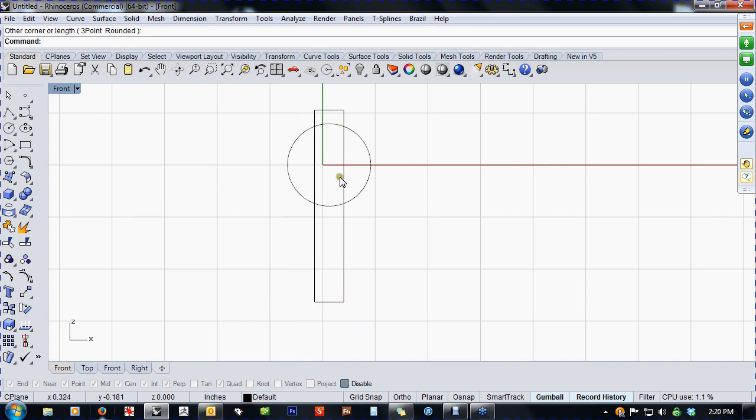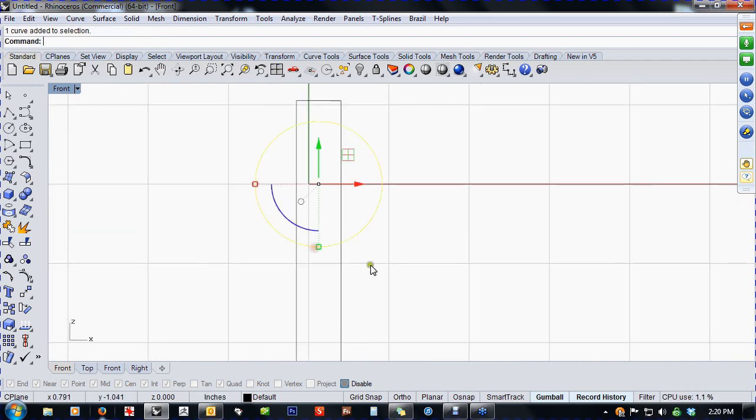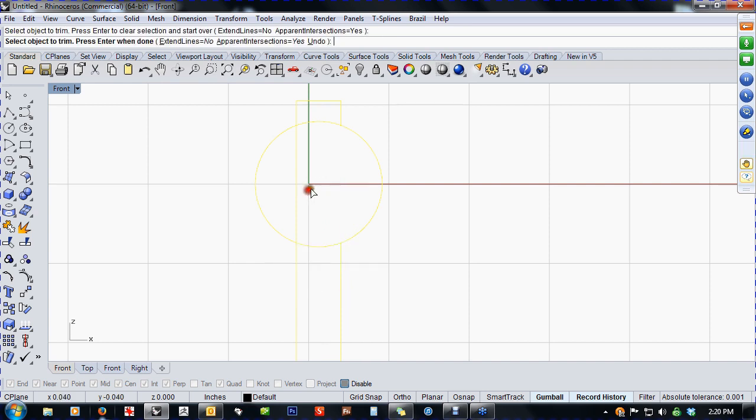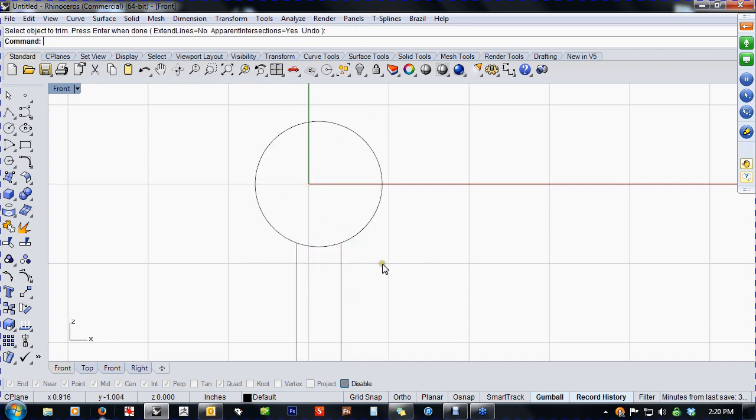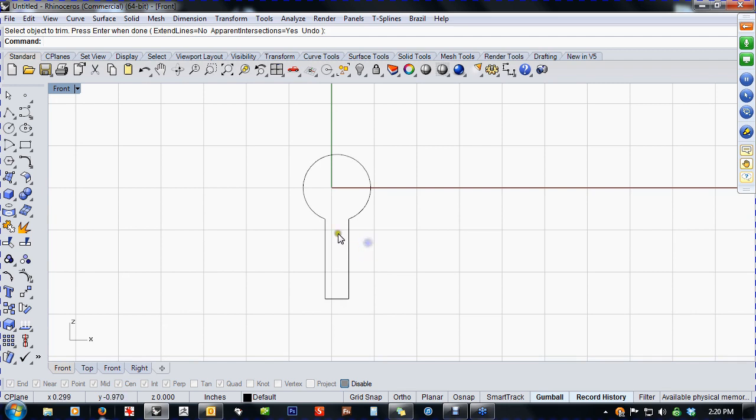You'll notice that it went high, but I don't really care about that because I'm just going to trim it off anyways. So I'm going to trim off of these and trim off this. And I've got this little kind of